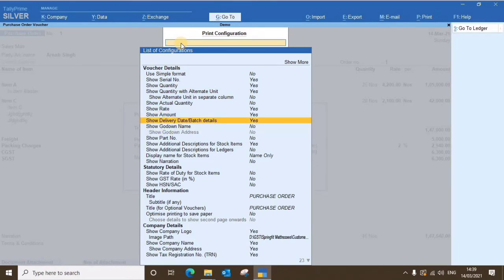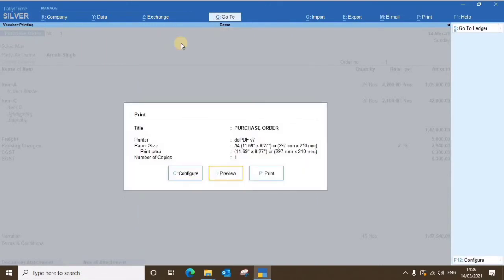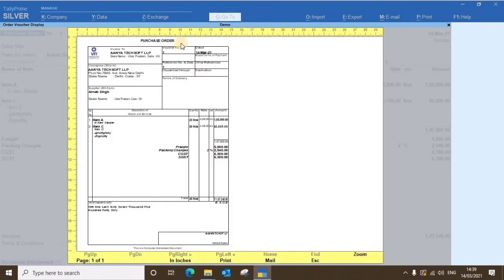See, there is the option show delivery date and batch detail. I will just make it no. Okay, and press Ctrl A. Now again I will check it. I will show you. See, the due date is removed from the print preview screen. Okay friends,